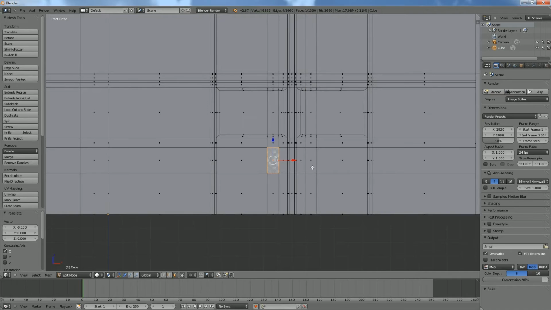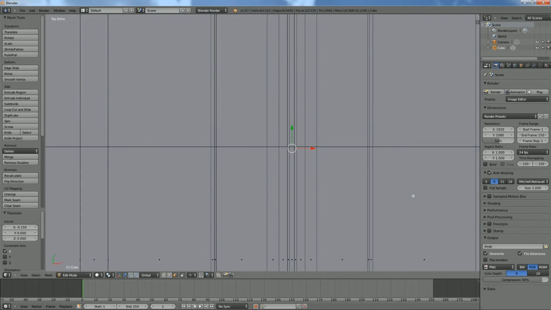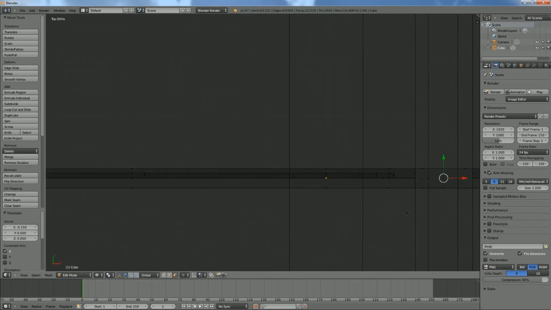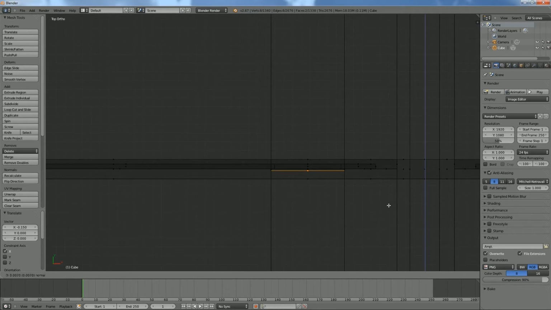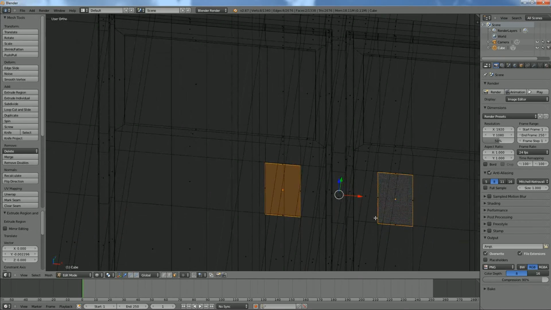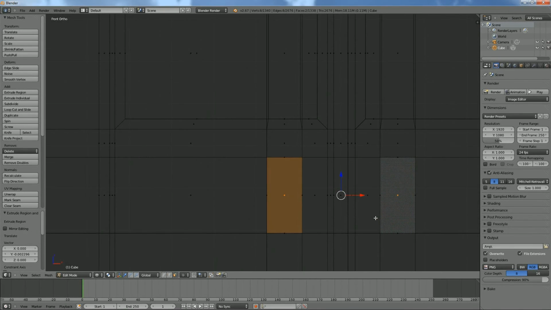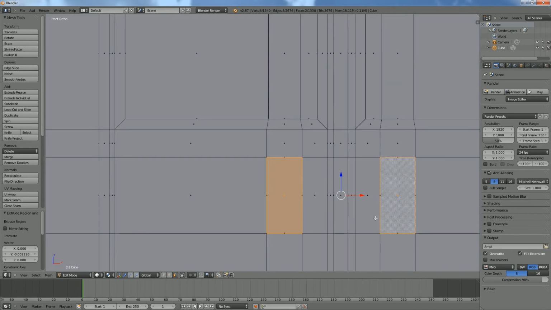So we're going to select those faces and press 7 to go to top, Z to go in wireframe, and I'm just going to extrude it not very much off the door there, just a slight amount. And we'll go back to solid by pressing Z, and we're going to add our handles onto these. So go Control R, middle mouse wheel up,